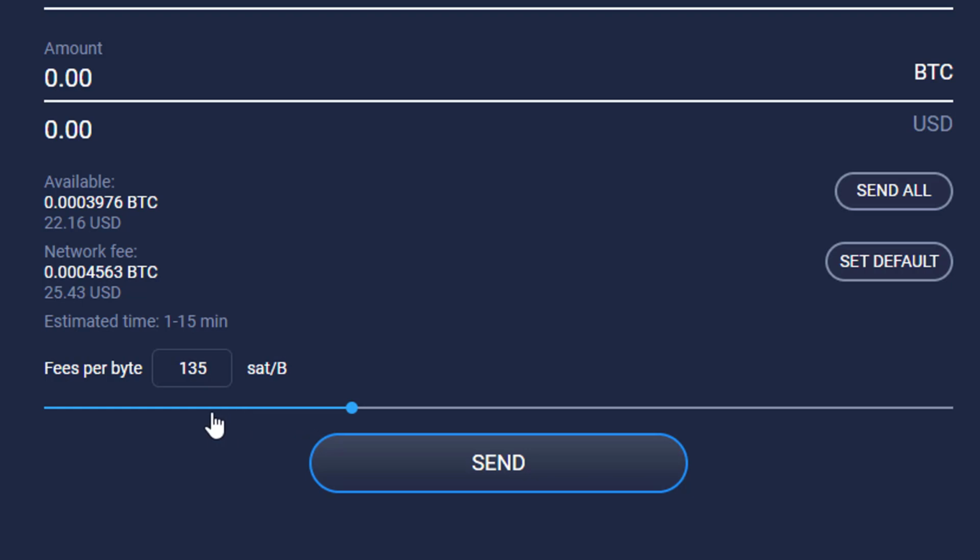All right, and you see this little sliding bar here. So what we're going to do is pay attention to this right here, and all of this right here. I'm really more interested in lowering this while still maintaining this. So we're going to use this little sliding bar. All right, so pay attention. You see this amount is being lowered from $25 and some change. But we're still at 1 to 15 minutes. So I'm going to keep lowering that.